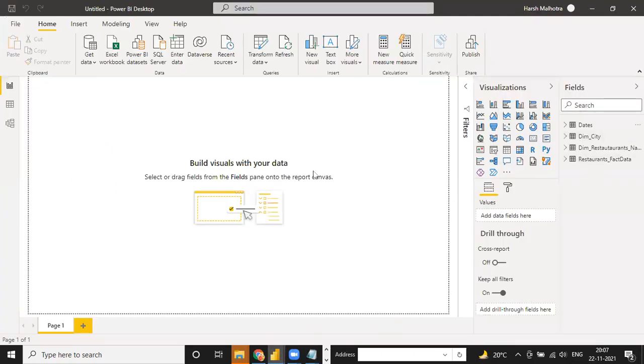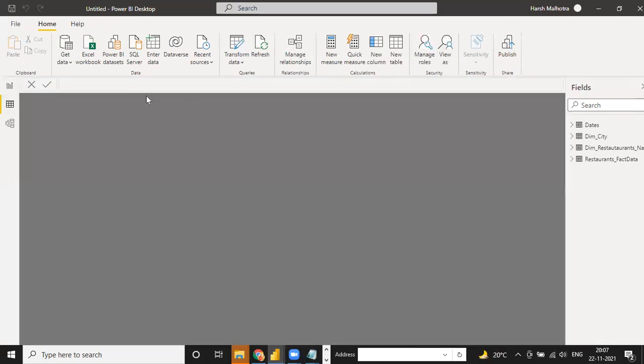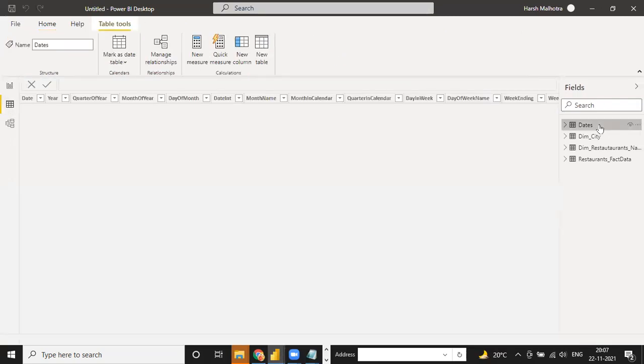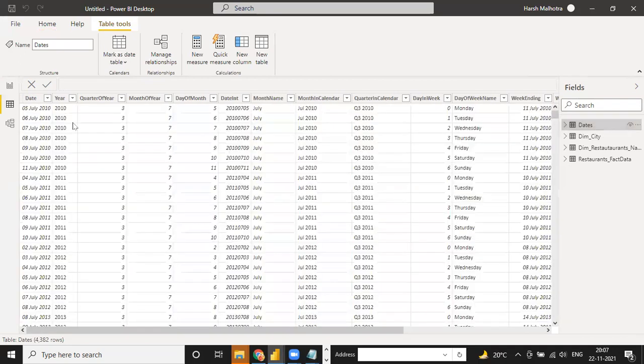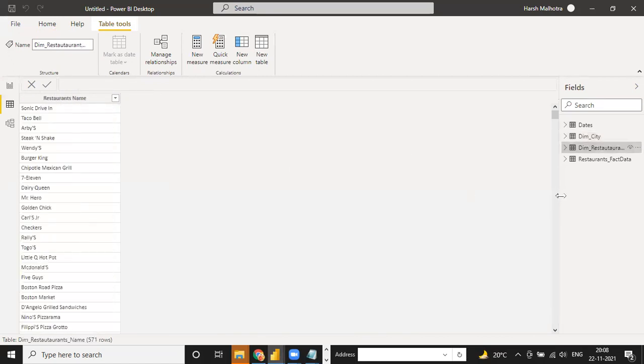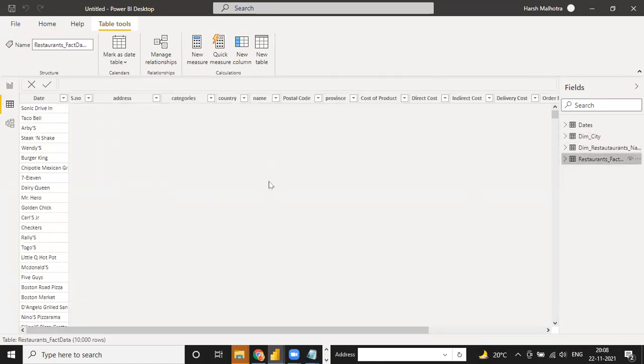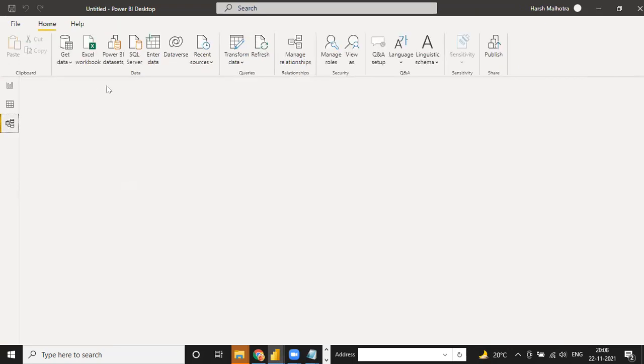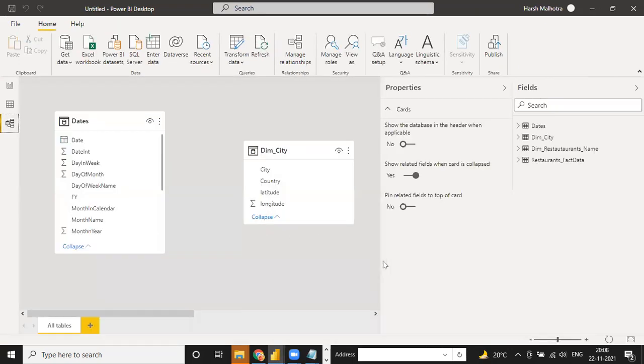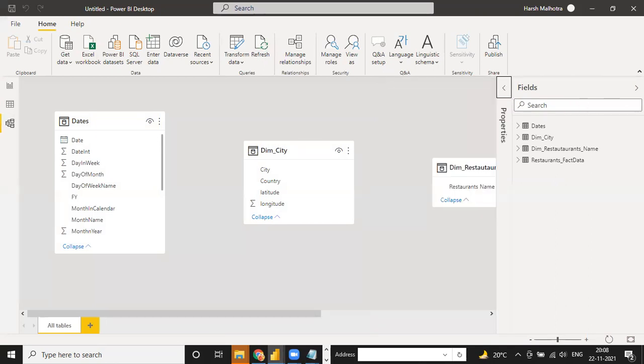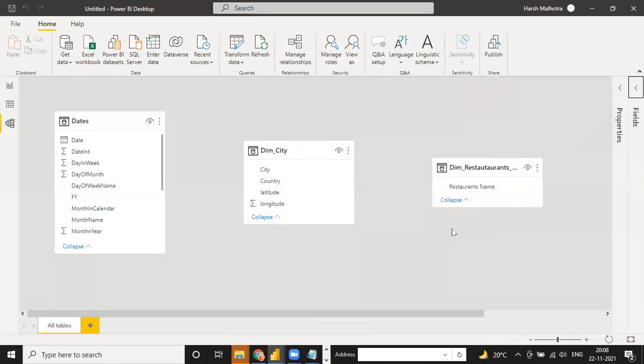relationship. So see, this is your Power BI report view. Any visualization you can make on this page only. This is your data view. Every data which you imported from Power BI or any server, see, it will be shown here, date wise, city wise, restaurant data, and this is your restaurant fact data. And now the third one is the relationship model chart. Relationship model. Here we have to make the relationship from multiple tables. Multiple tables means fact table to dimension table, or dim to financial fact table.